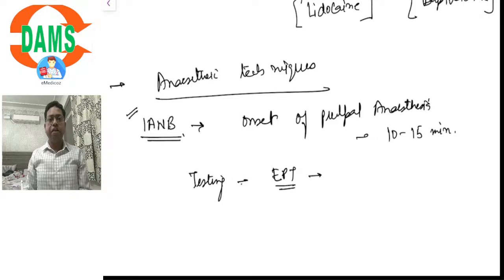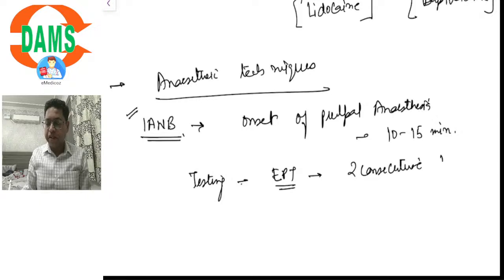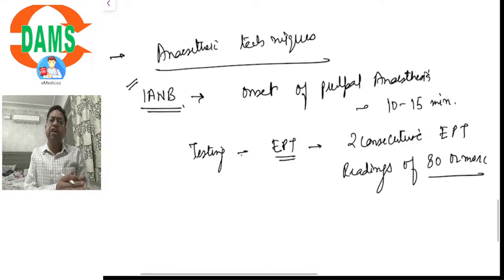How do we know that the pulp has been sufficiently anesthetized? Two consecutive EPT readings of 80 or more. What is an electric pulp tester? It is a scale of current from 0 to 100. So two consecutive electric pulp tester readings of 80 or more without pain to the patient